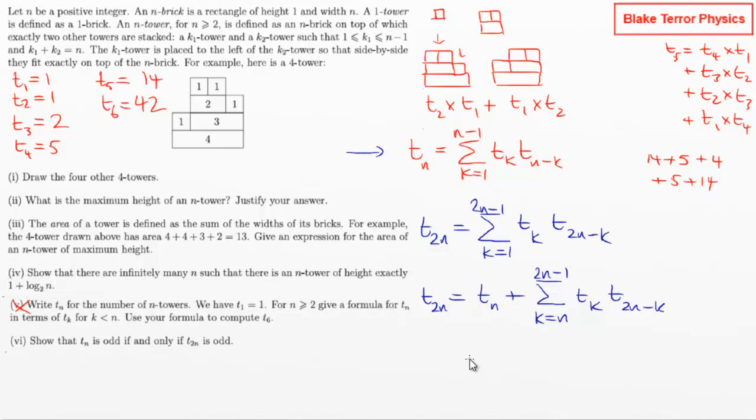Then what do we do? Don't really know where to go with this. So show that Tn is odd if and only if T2n is odd. I mean, if we could show that this thing was even, then that would certainly help, because then we'd have to have an odd plus an even. If T2n was even and this thing is even, then Tn would have to be even as well. So can we show that that thing is even? Does it have a multiple of 2 in it? Not sure it does really, does it? The 2n minus 1